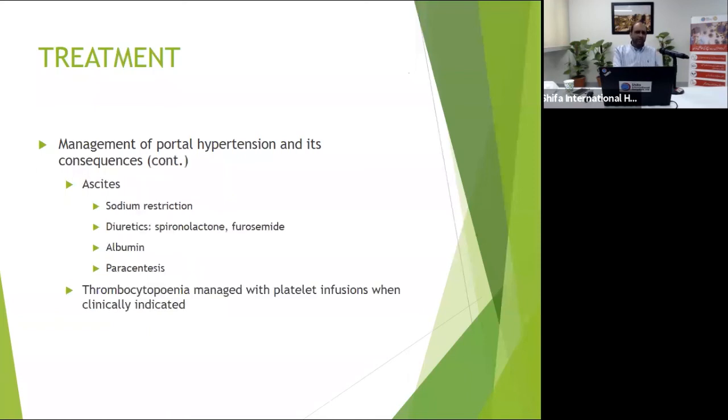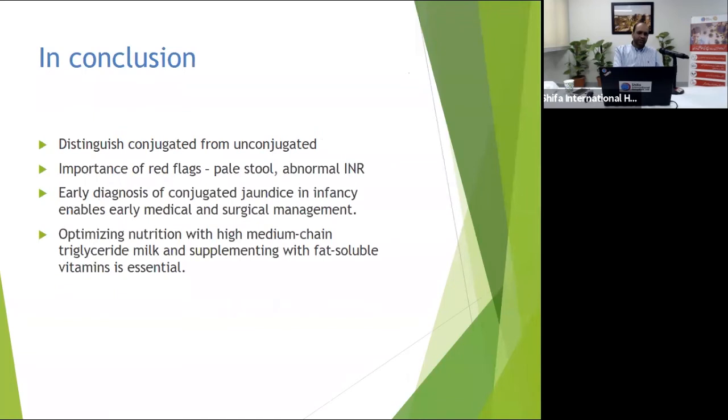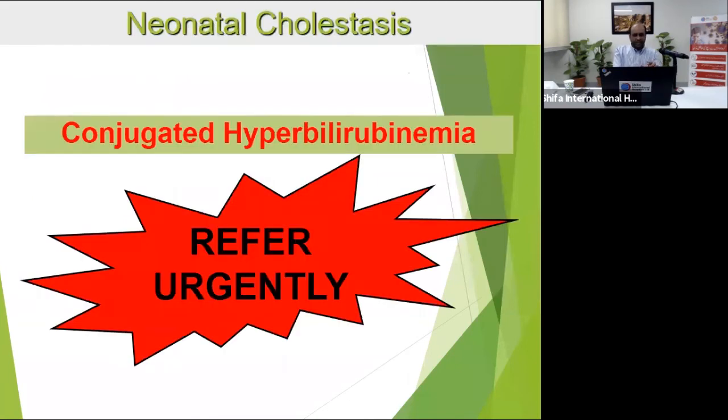So I will conclude that you have to distinguish conjugated from unconjugated. You need to know the red flags, that is the pale stool and abnormal INR. Early diagnosis of conjugated jaundice in infancy enables early medical and surgical management. Optimizing nutrition with high medium chain triglyceride milk and supplements of fat-soluble vitamins is essential. So I will conclude again that conjugated hyperbilirubinemia,